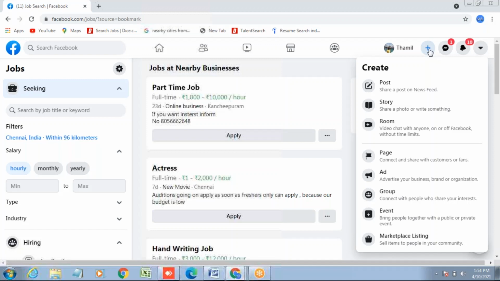So what you see here: create a post, story, room, page, ad, group, event, marketplace listing, etc. So let us start with creating a post. Click that post.